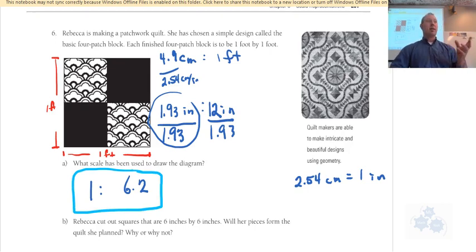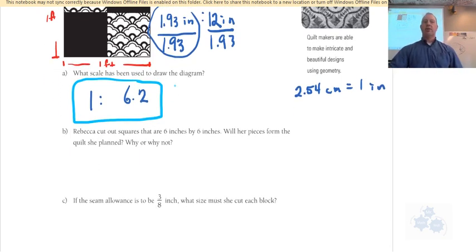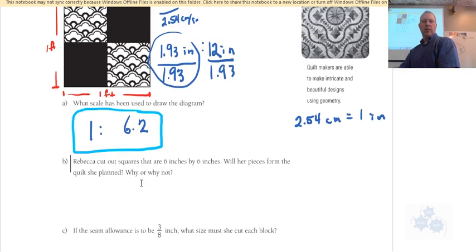Okay, so with scale, you've got to get to the same units. All right. Rebecca cut out squares that are 6 inches by 6 inches. Will her pieces form the quilt she planned? Why or why not? So 6 inches by 6 inches. So that is the